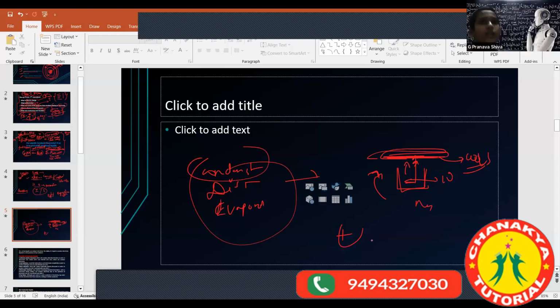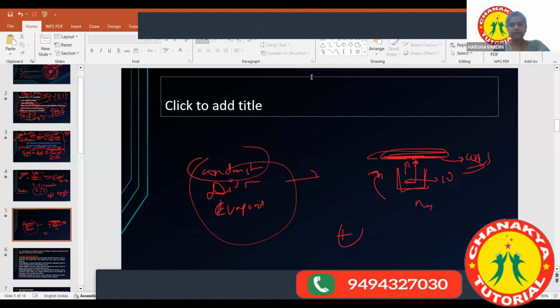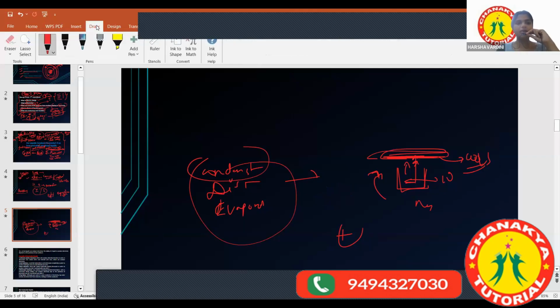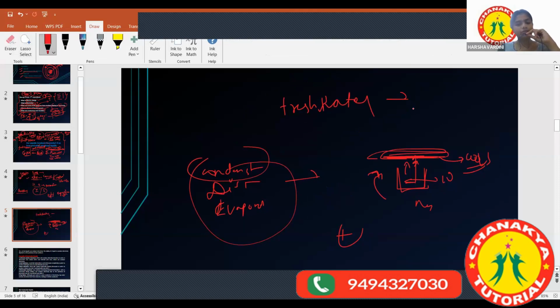Yes. Ma'am, does every type of water have salts? Yeah, they will have. That is why there is something called fresh water and distilled water. Distilled water will not have. But fresh water, pure water, you cannot say. Fresh waters are like pond waters. So these have minerals and ions. Salts will be there. Okay, ma'am.